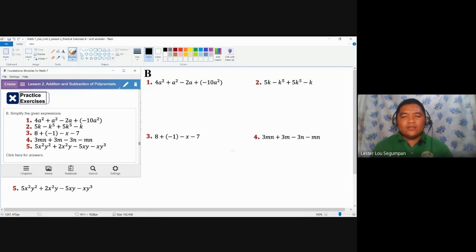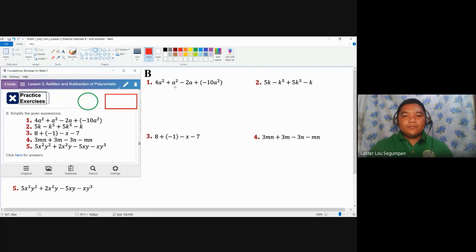So the first thing to consider is likeness of terms. First, let us try to determine which terms are like. Let us use colored circles, or what you call ellipses, and colored boxes, with red color, just for us to differentiate which terms are like or unlike. If you're familiar with likeness of terms, you may not do this. But for general understanding, let me use this for better understanding. Let's proceed to number one.